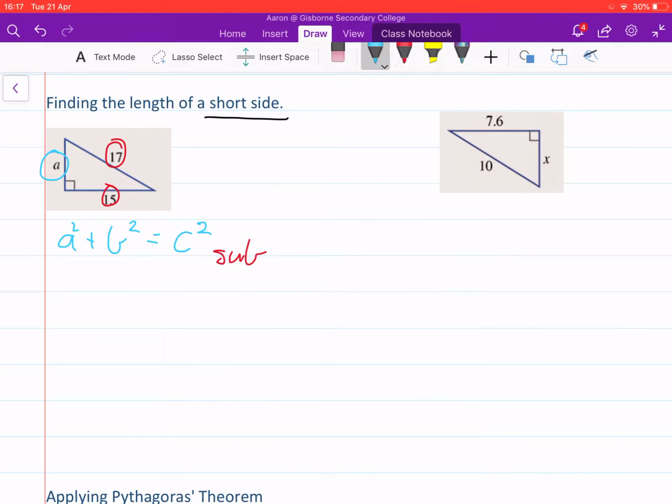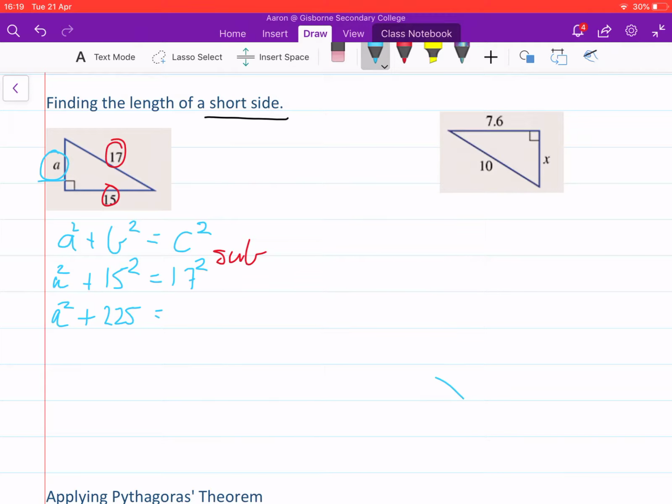Now the key is we have to remember that 17 is the hypotenuse, and that takes the place of C. Now 15 can take the place of A or B, it doesn't really matter, but seeing as we've got A as our unknown side, I'm going to keep that right there. And B becomes 15 squared. So we can start by squaring 15 and 17. Rewrite our equation down below. 15 squared is 225,